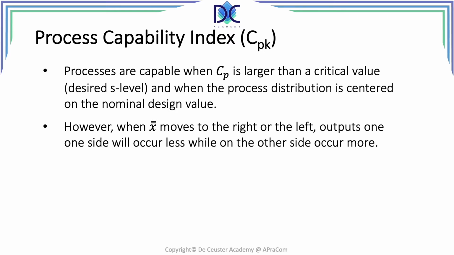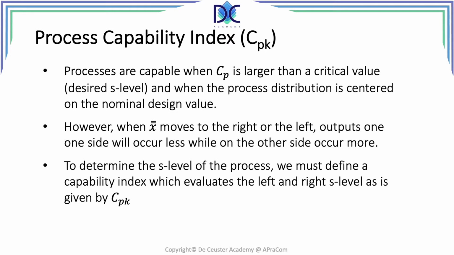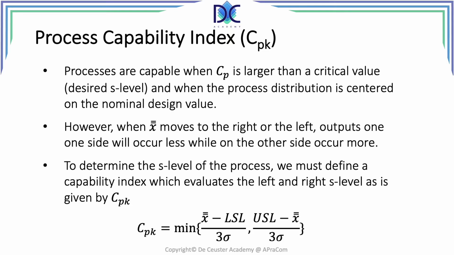Certainly, when we have processes at 6 sigma, we have to be sure that our process is still providing the outputs at 6 sigma. Now, when we look at the sigma level of the process, we define the capability index, which evaluates the left and right sigma level. And the formula is in fact